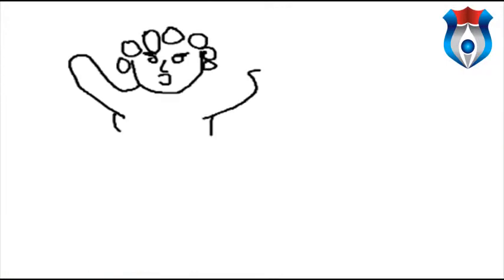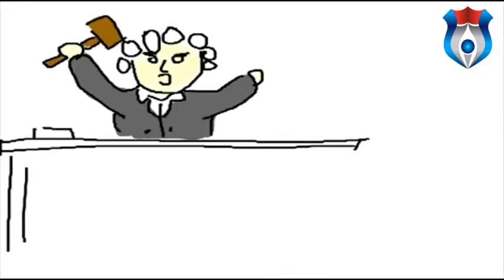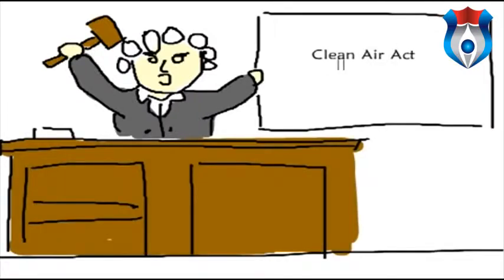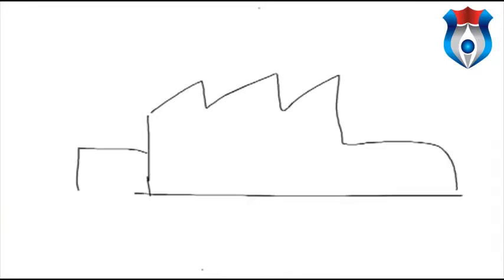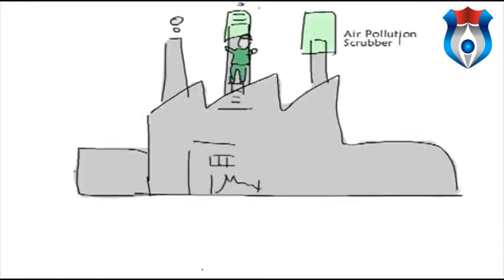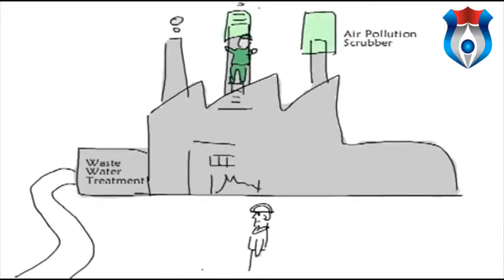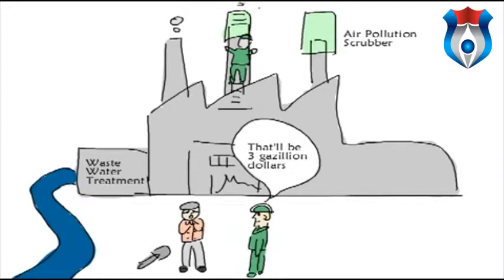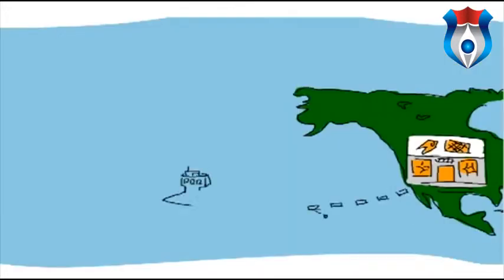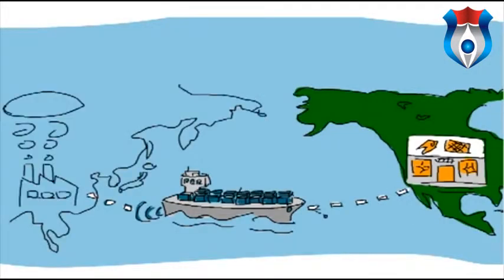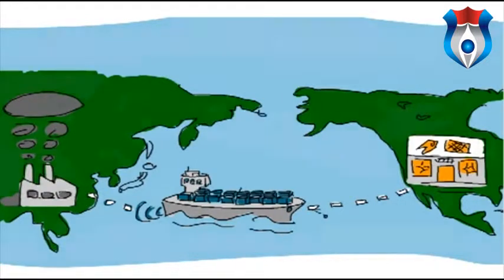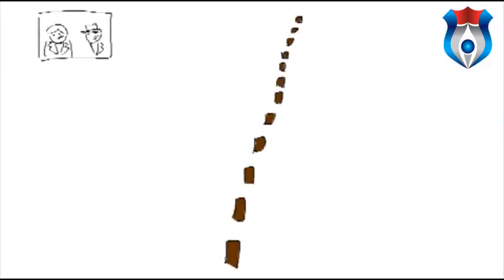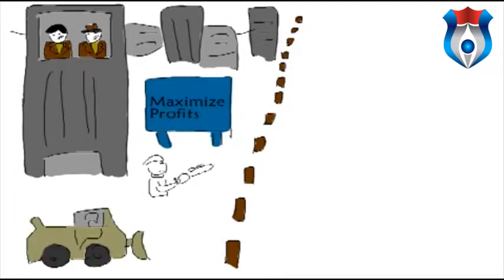Citizens had had enough, and demanded that environmental laws be passed. Britain and America soon passed their first Clean Air Acts and Clean Water Acts to regulate the worst of the abuses. Industry was forced to pay for pollution damages and install expensive pollution treatment equipment. Companies who failed to comply with the laws were shut down or forced to pay fines, and their profits plummeted. A lot of them started moving their production to factories in China and developing countries, where environmental laws were less strictly enforced. It became clear to everyone in business that protecting the environment was a cost, plain and simple.